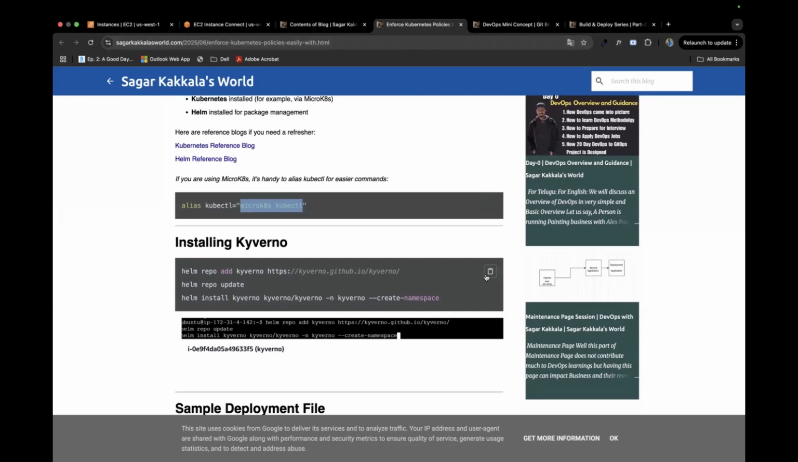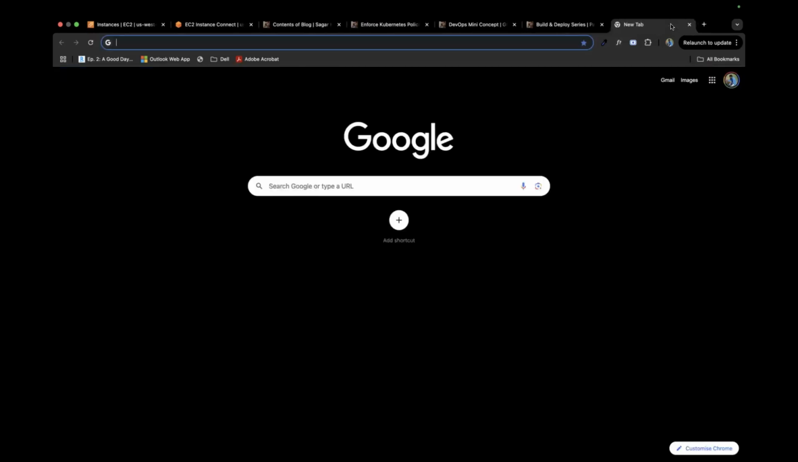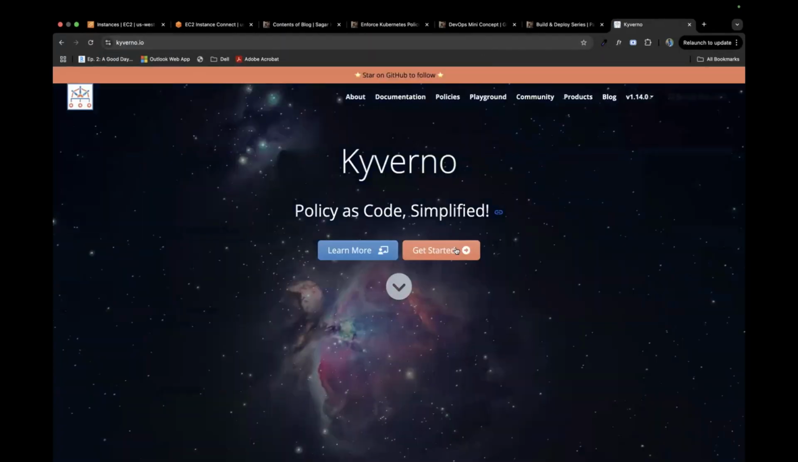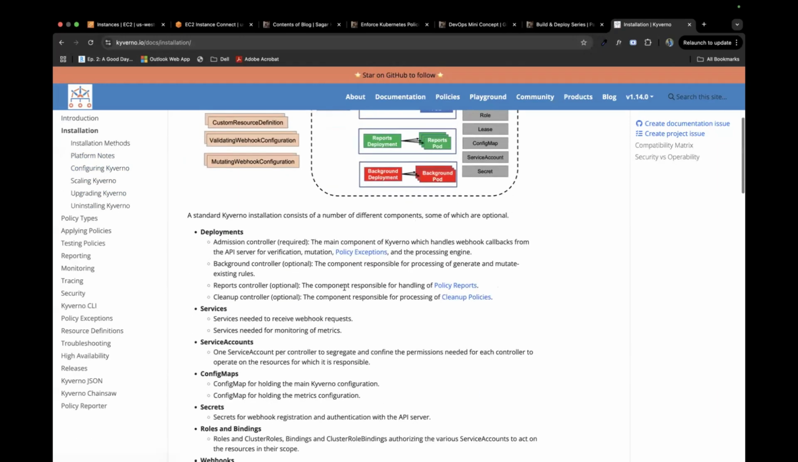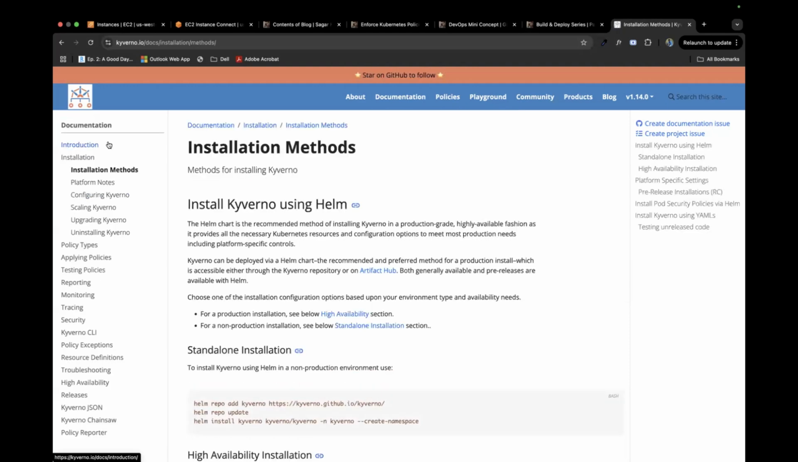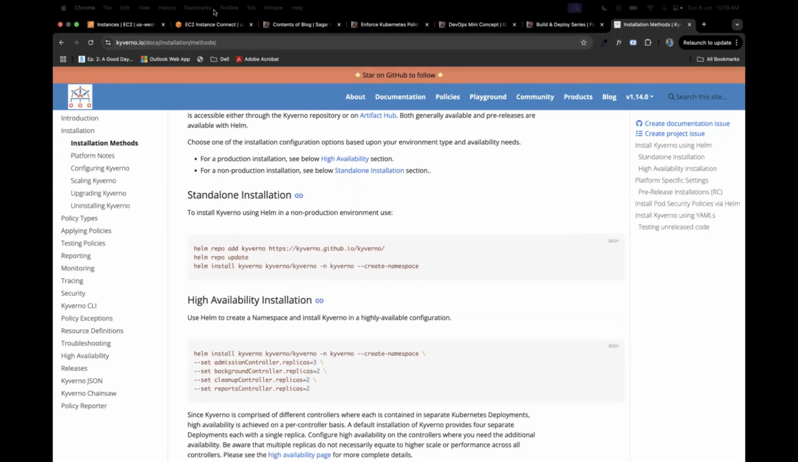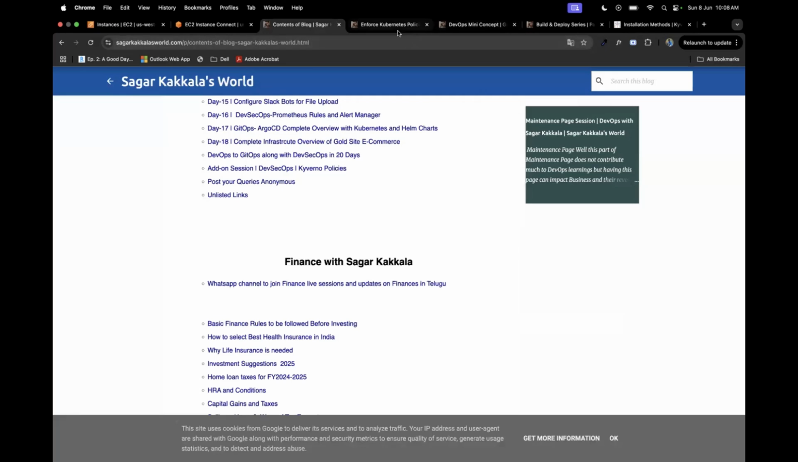Once the setup is done, we'll install Kyverno from the Helm charts. This is actually taken from the Kyverno documentation, which you can find directly on Google, kyverno.io. Under installation, it's the same commands that I had put here. So once Kyverno is installed,